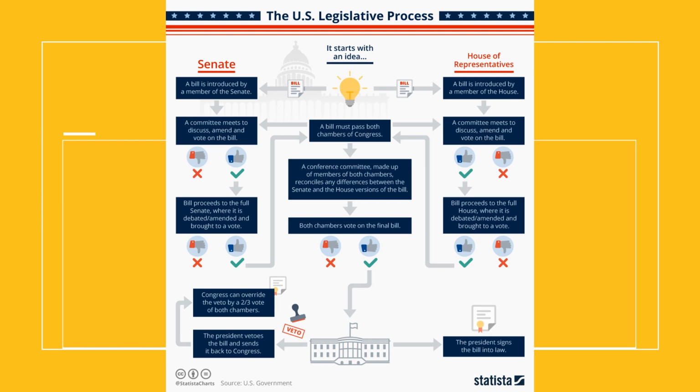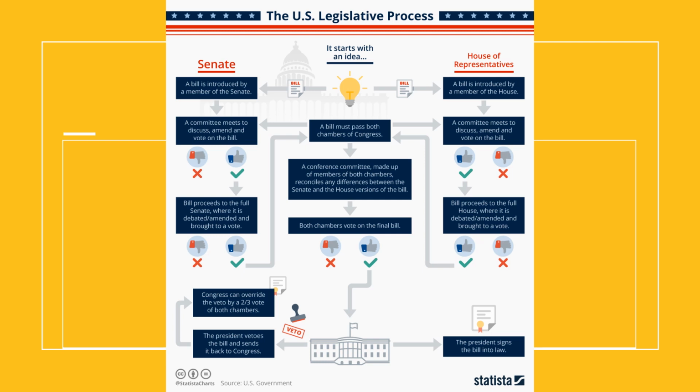So here we see an information graphic showing us the flow of the U.S. legislative process. As you can see, the U.S. legislative process starts with an idea. That idea is a bill. A bill is a proposed law. So 1 or more members of one House of Congress introduce a bill. Now, it may be that both houses of Congress agree that that bill should be introduced, but one house is